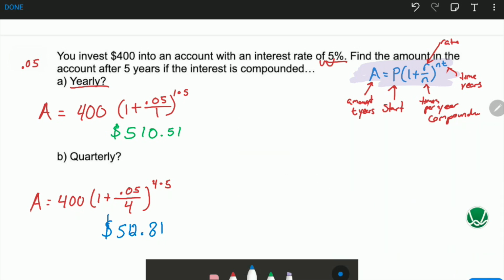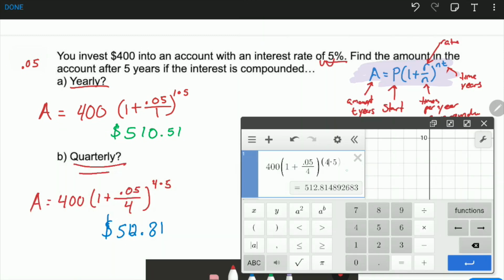So comparing the two, just quickly here, you can see that the more times it's compounded, the better off profit, or the bigger profit you'll have on it. This is not a big difference right here. It's only a difference of $2, but that's because our initial investment is pretty small. If that initial investment was a lot bigger,